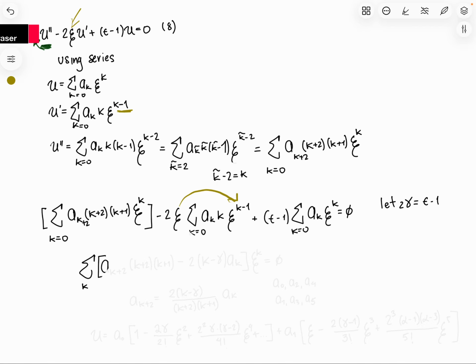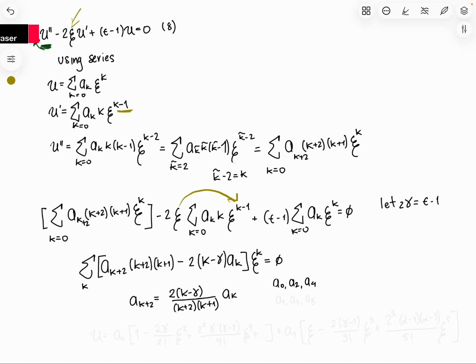Okay, so we simplify this equation and get this expression. The sum runs over the same index, so we put it at the left, and we get this expression. Since each of these coefficients should be 0, we can get this relation. It's a recurrence relation. You see, it goes k plus 2. So all the even terms are related and all the odd terms are related. Therefore, we can write the solution as these